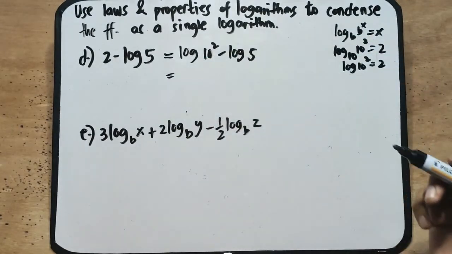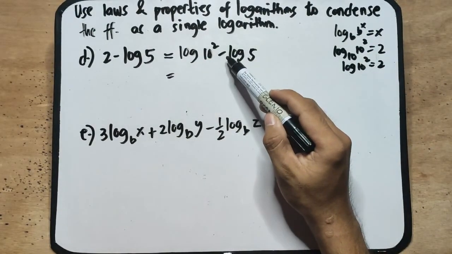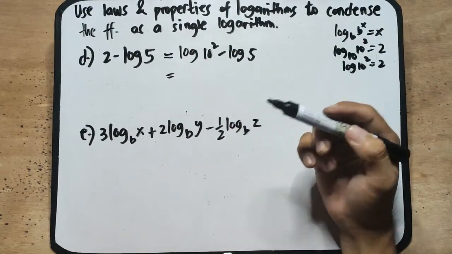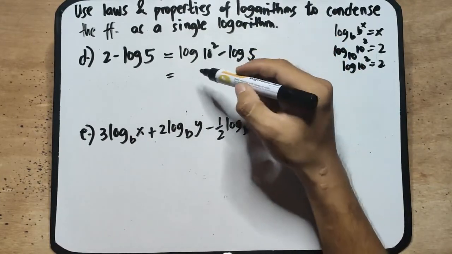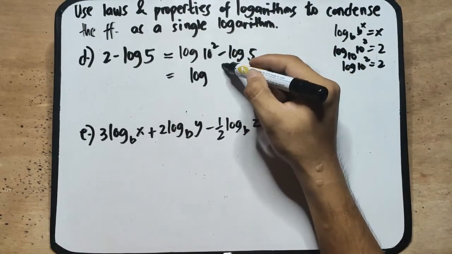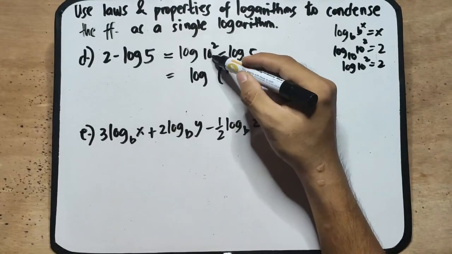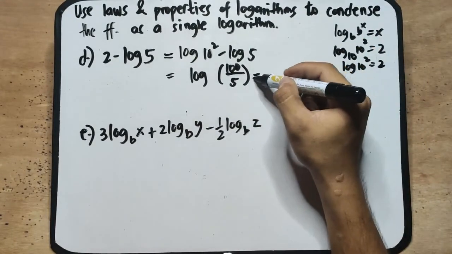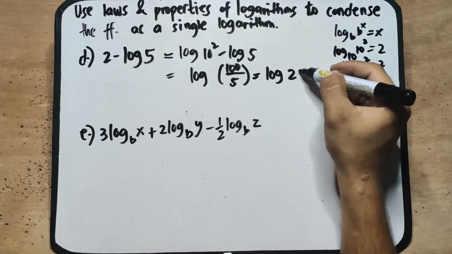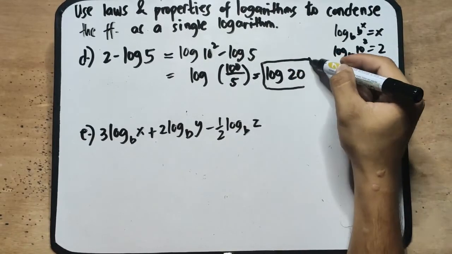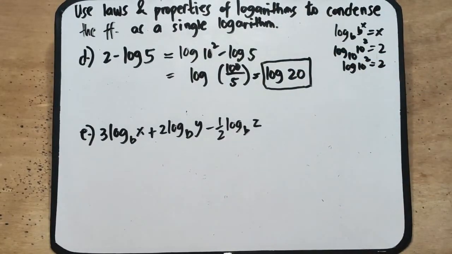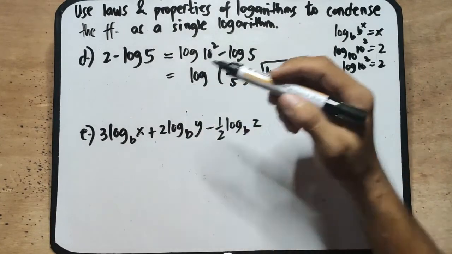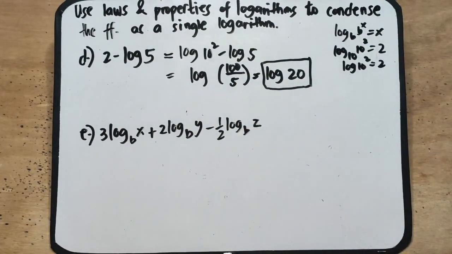Since the operation is subtraction, it will become division if we apply the second law. So, that will be log of 100, because 10 squared is 100, all over 5. Or that will be log of 20. Understood? For the last item, we have 3 times log base b of x plus 2 times log base b